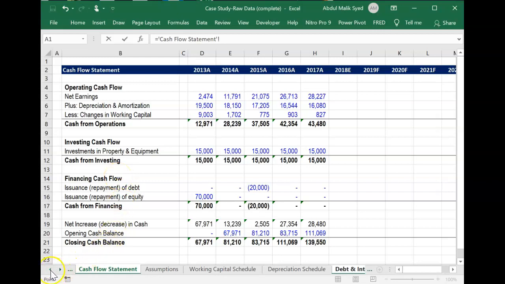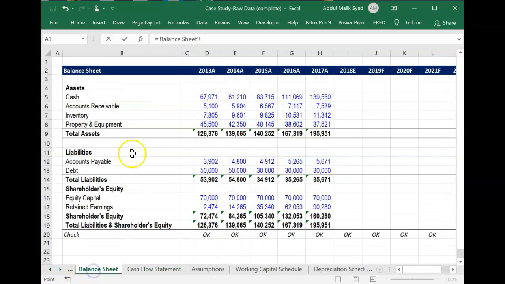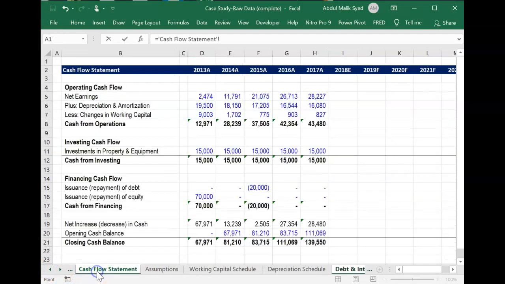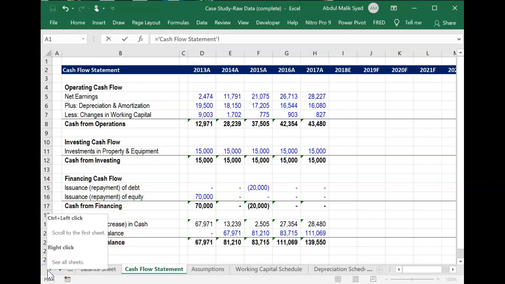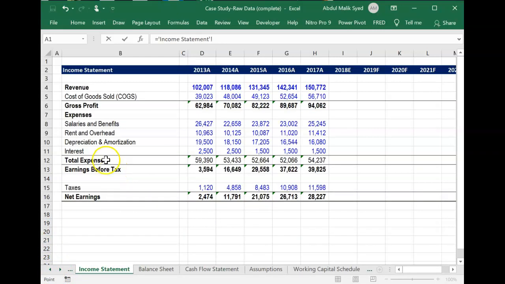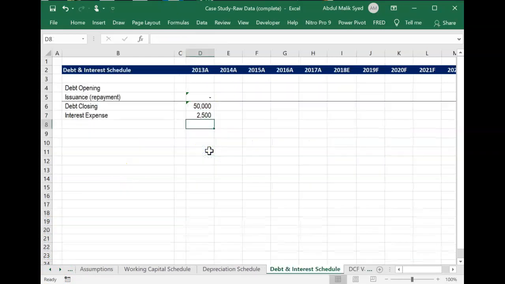No, from the balance sheet. Let's go to the balance sheet. Debt closing is 50,000. Okay, interest expense you can get from cash flow or you can also get from the income statement. Yeah, we take it from the income statement. Interest. Okay,